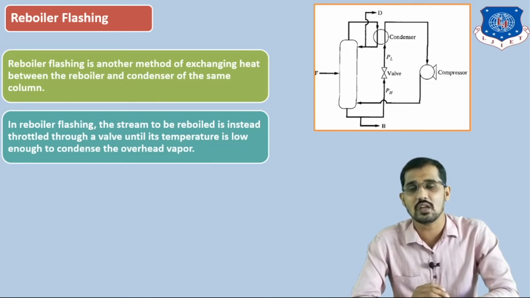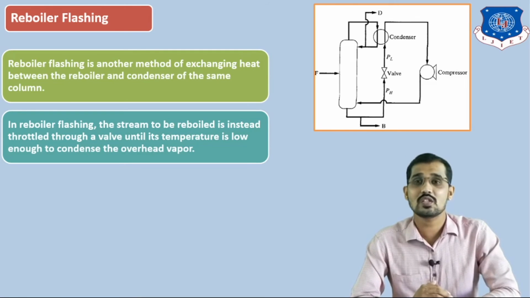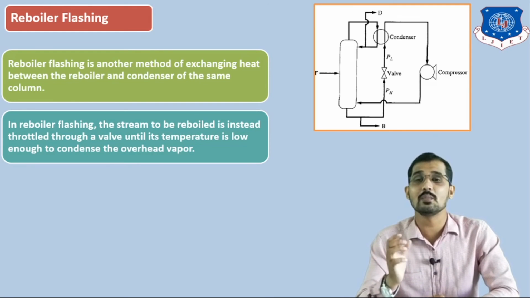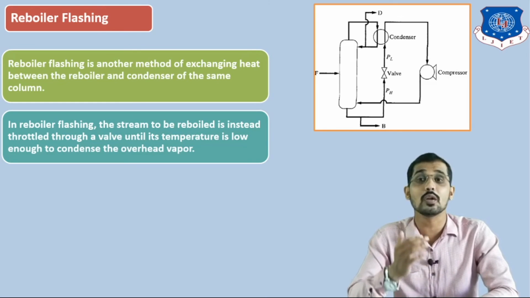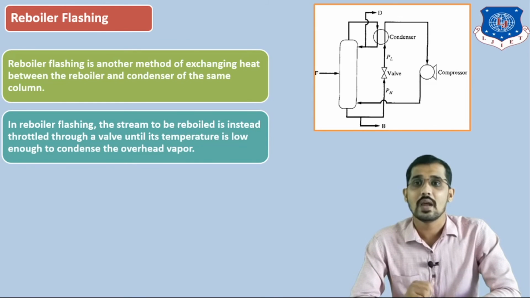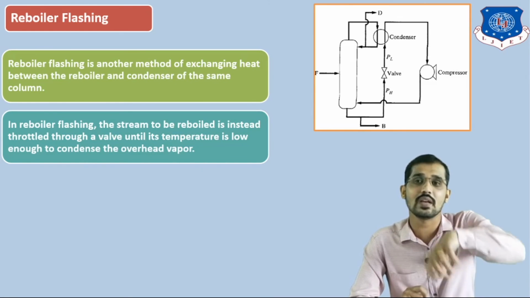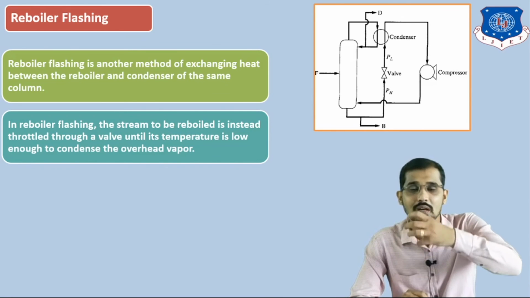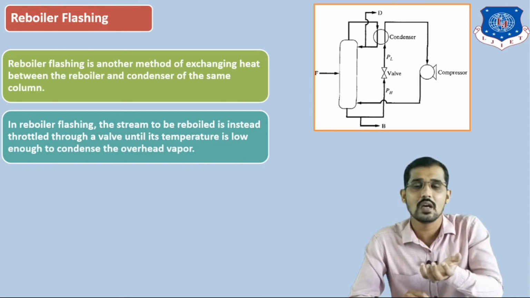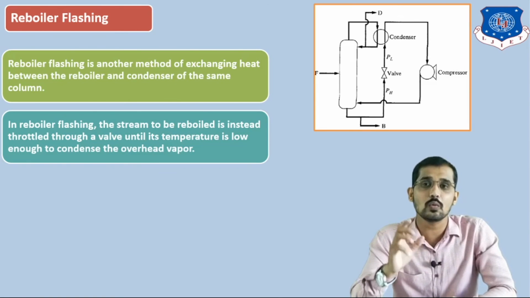What we have seen in this lecture: I introduced you to some process integration methods in a distillation column. The first one is heat pumping. I told you the meaning of heat pumping: according to the second law, heat transfers from higher temperature to lower temperature, but by using a heat pump, we can transfer heat from lower temperature to higher temperature as well. In heat pumping, we use a refrigerant, and that refrigerant flows from the reboiler to the condenser; in the reboiler it evaporates. After that, in the compressor, those vapors are compressed and transferred to the condenser for condensation.